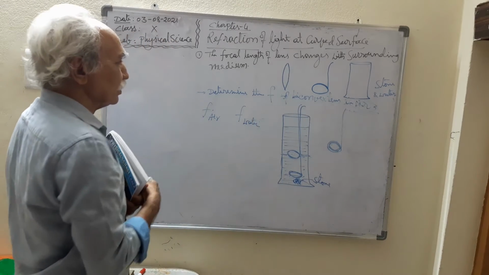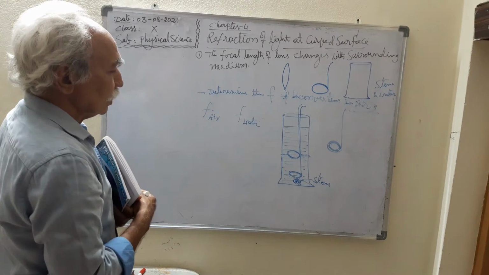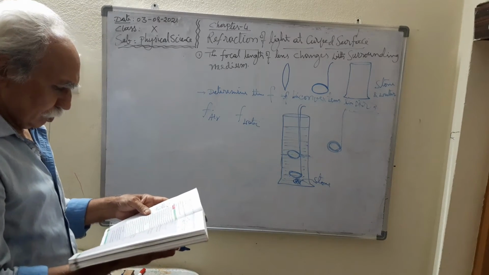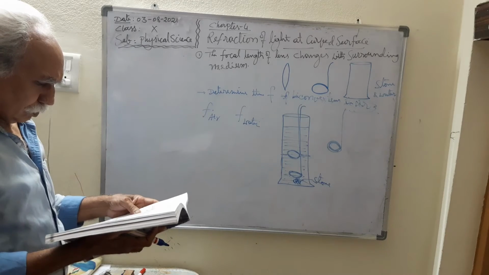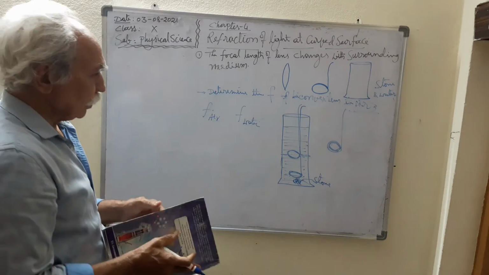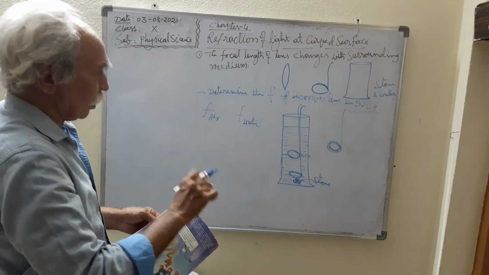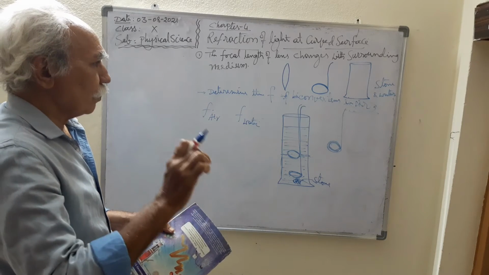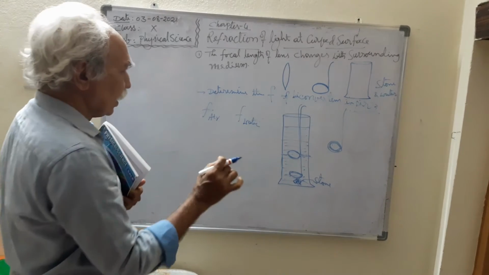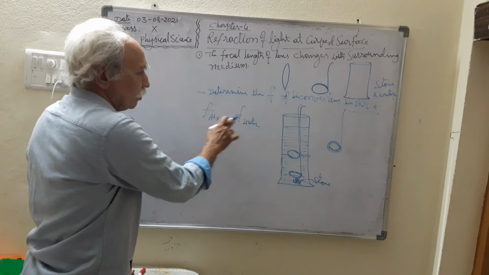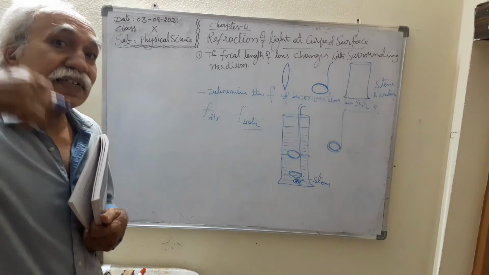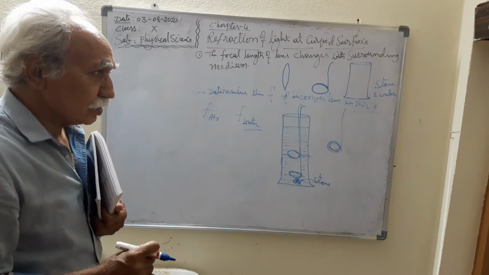So as the density increases, the focal length increases. So the focal length increases in what? In water or any greater optical density medium. Not only water, take alcohol or anything. If compared to air media, the surrounding media is optically denser, then the focal length of the lens increases. Remember this: the focal length of the lens increases.